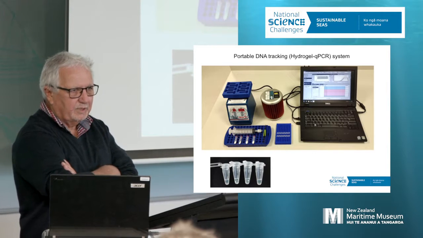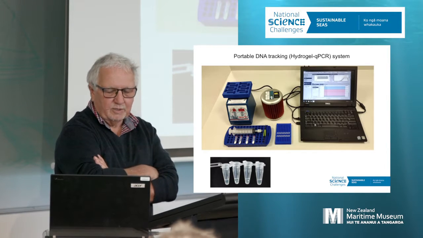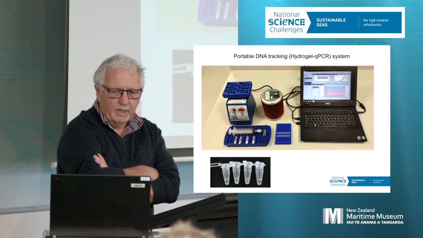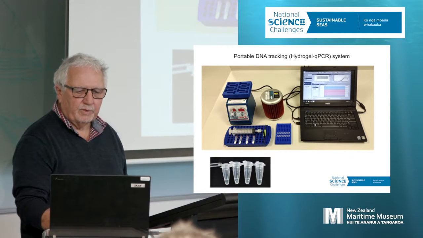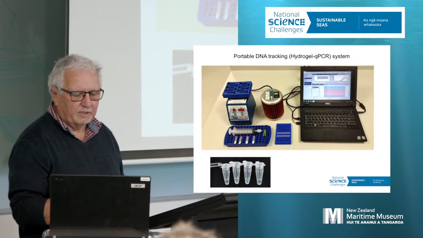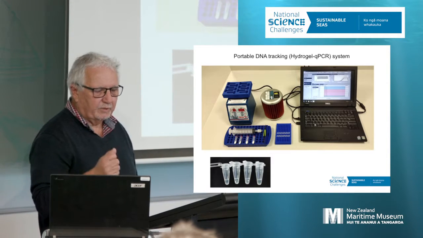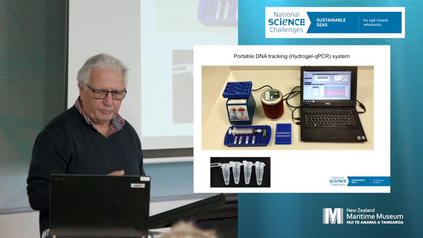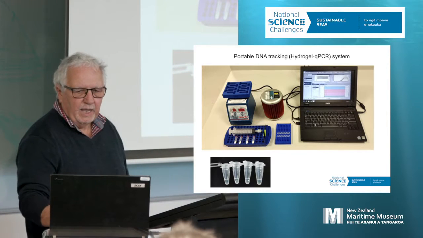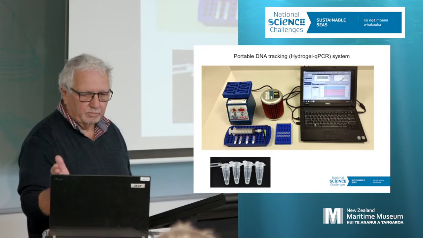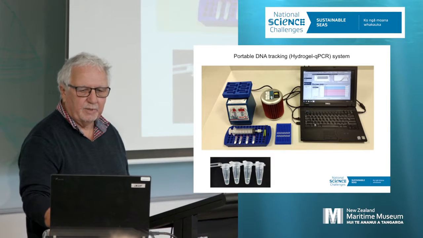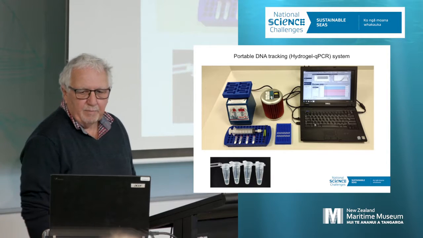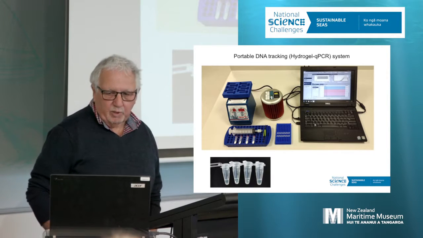It was originally developed for diagnosis of tropical diseases, whereby all the reagents for the reaction are contained in a gel, and all you need to do is add a crude DNA extract to the tubes and run it through the thermocycler, which is this little instrument here. And it works okay,